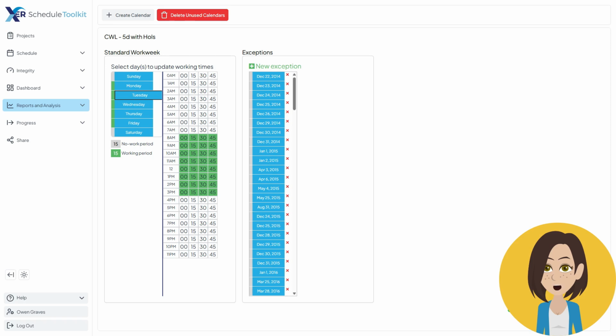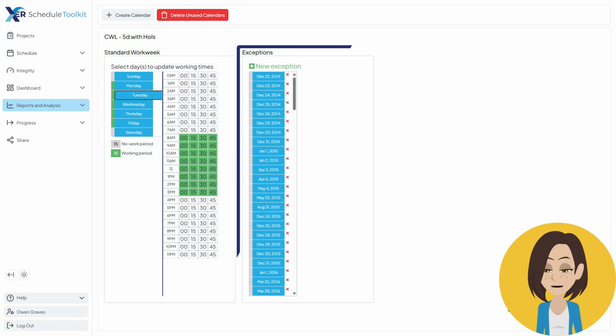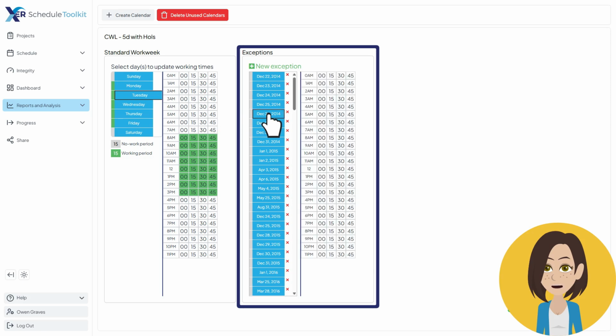The working pattern of a day is split into quarter-of-an-hour segments across the 24 hours, with the green highlighted area signifying working time assigned. The window to the right of this contains a list of all exceptions to the standard working week. Clicking on any individual day shows the full working details, which in this case is a bank holiday